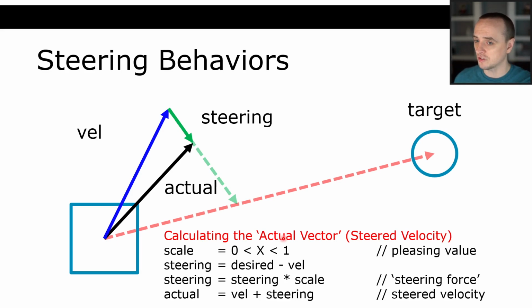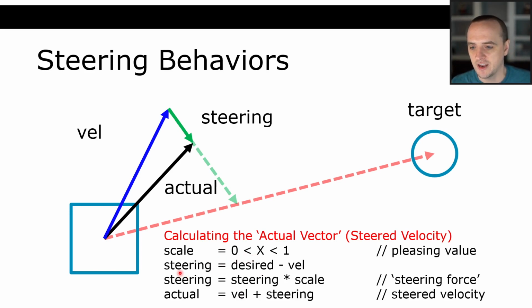So start too slow and then adjust this value. That value is going to be based on what your game designer thinks is a good value. You'll say, do you want 0.1, 0.0001, something like that. You'll show them the behavior and they'll tell you, okay, make them steer a little bit faster. You'll turn the speed up. Make them steer a little bit slower. You'll turn the scale down. Okay, so that's what that is.